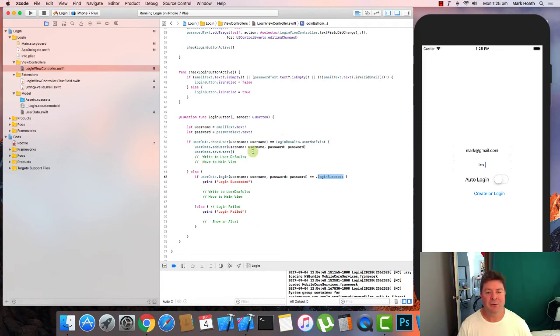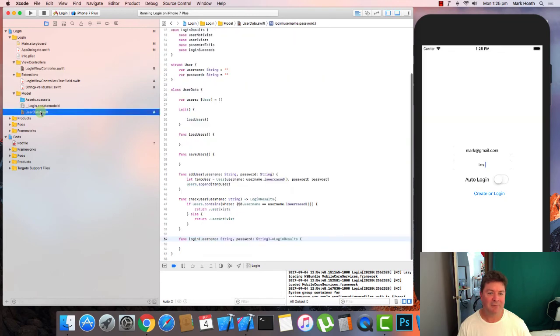So that's all the code needed for the login button. Let's finish off our user data and write stuff to CoreData. So when we check the function firstly for login,